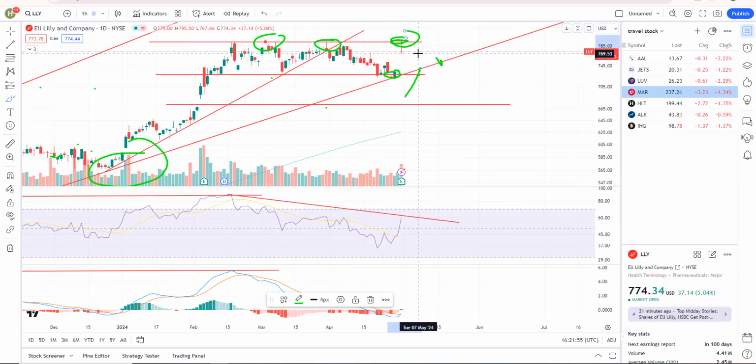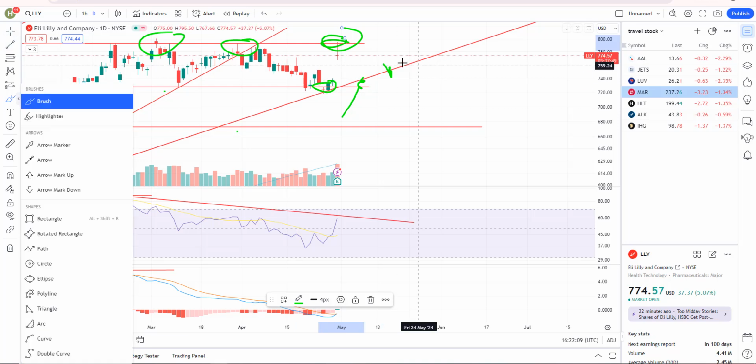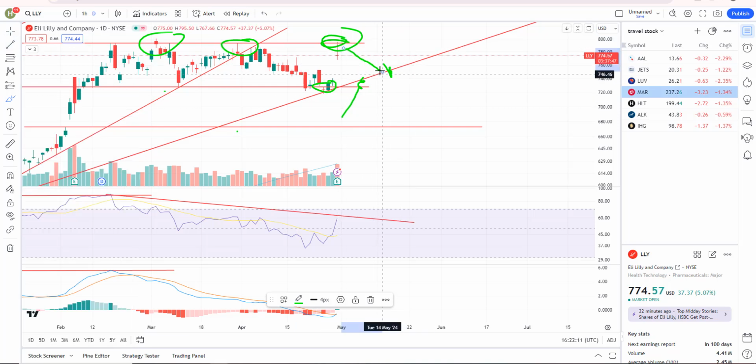Now, I don't want to just short this thing on a divergent high because it can just continue to diverge. So what I want to do is let this thing kind of play out, see if it can roll back down to this trend line and ultimately break the trend line for a sell signal.